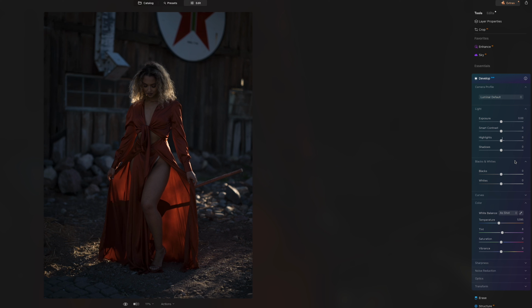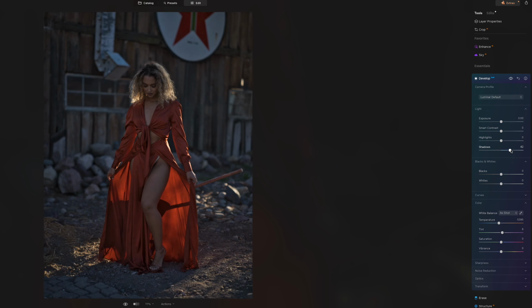So here it is heavily underexposed, so we're going to bring those shadows back up, and I'm going to go to 75 on this just to get the detail. I'm going to take my contrast to 16, and then I'm going to go to my color, and we're going to go to the temperature. We're going to warm this up quite a bit, okay? And then we're going to take the tint